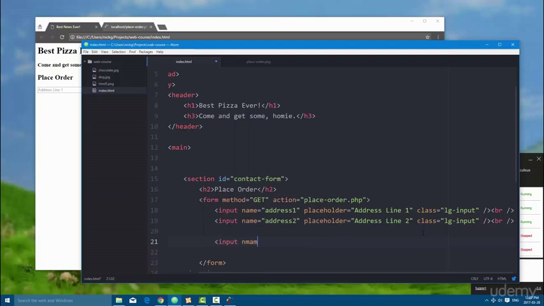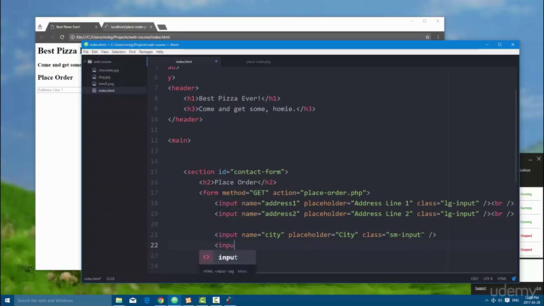So input name city, and the placeholder is going to be city, and let's create a class called small input, abbreviated, and then let's put a space here and create the other one on the same line. So input name state, and the placeholder attribute is going to be set to state,